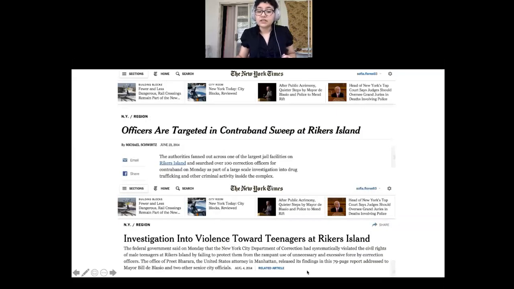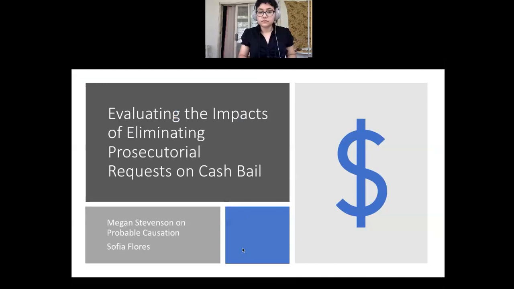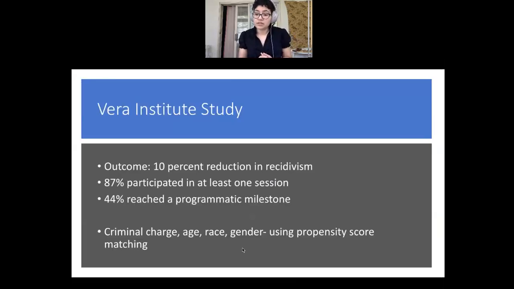And then, I mean, this traumatic violence is also a variable that was not accounted for. It's really hard to receive counseling when you're in a very violent space, where your civil rights are constantly being undermined. So in this context, I think the policy intervention was too small to surmount all of the challenges and difficulties that these 16 to 18-year-old men had to